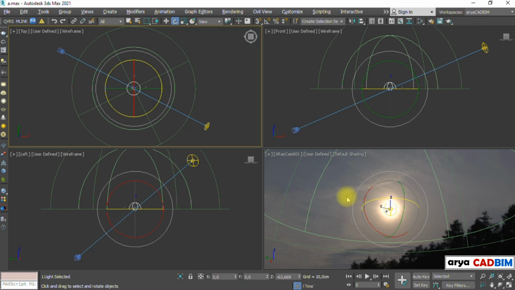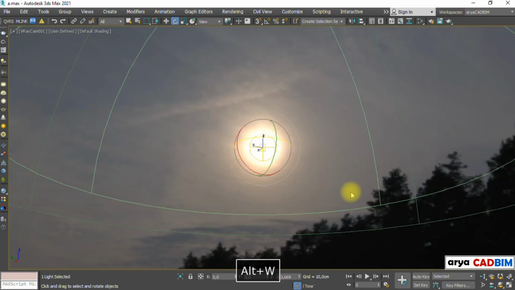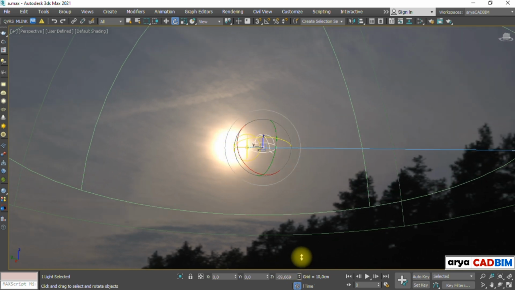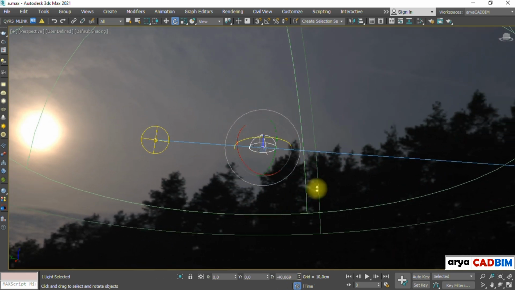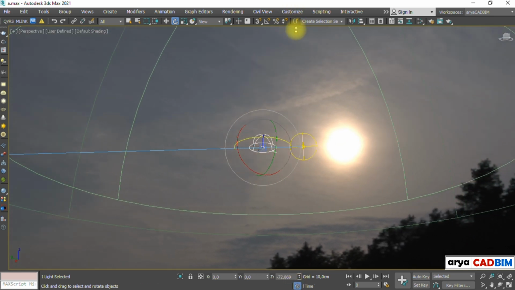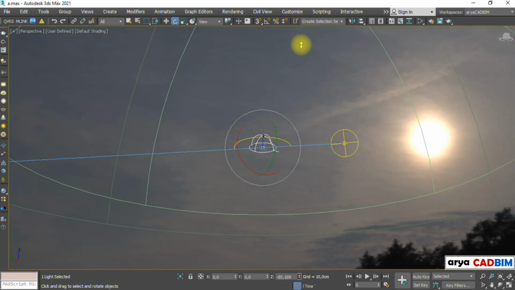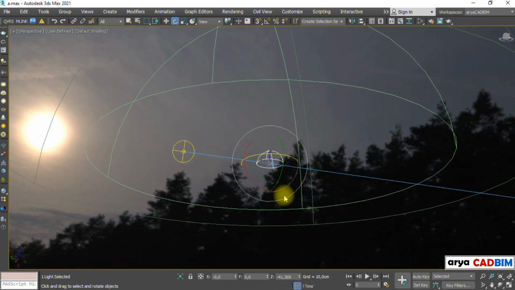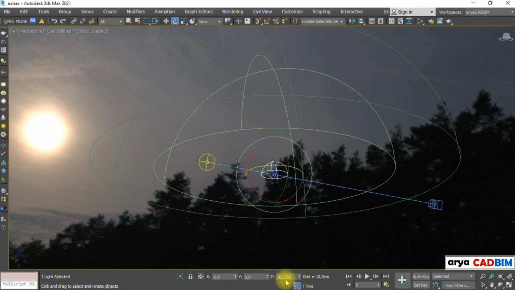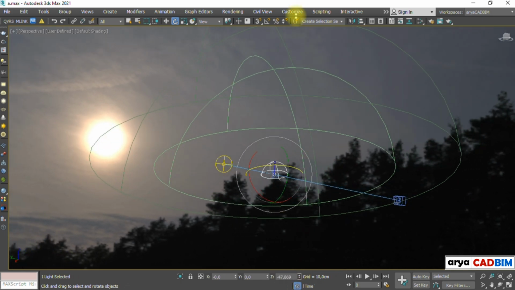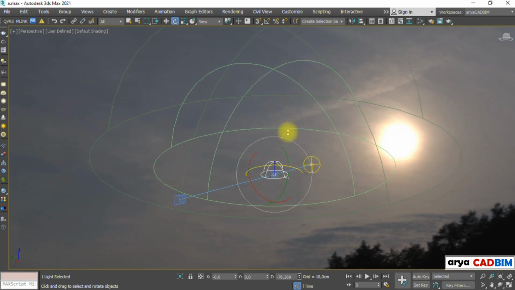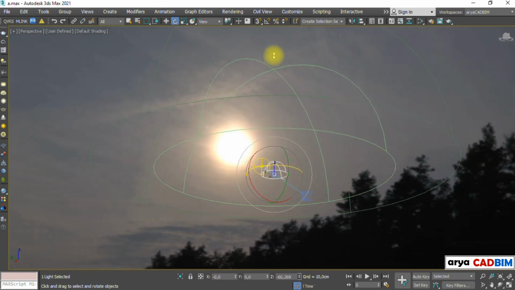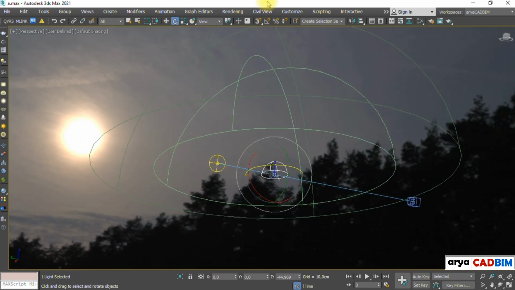Now let's have a look at the scene from a perspective view. Notice that the directions of the suns remain equal to each other. Okay, we have set up the connection as we wanted it to be.